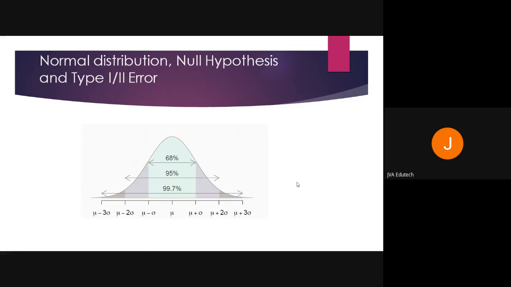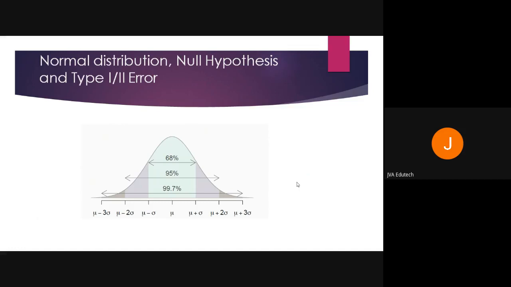So if you see, this normal distribution is divided into basically three categories ranging from mu minus 3 sigma to mu plus 3 sigma, where mu is the mean of the population. So mean minus 3 sigma is one zone, then mu minus 2 sigma is the second zone, mu minus sigma is the third zone, and then you have the central point, that is mu, and then again in the positive direction mu plus sigma, mu plus 2 sigma, and mu plus 3 sigma.